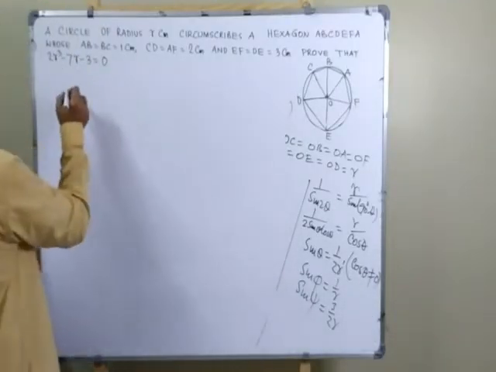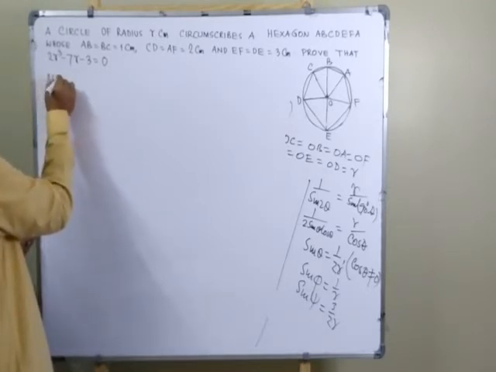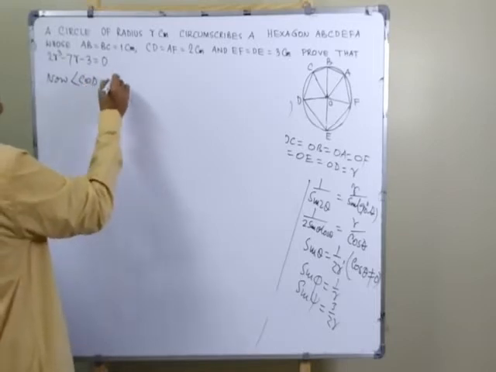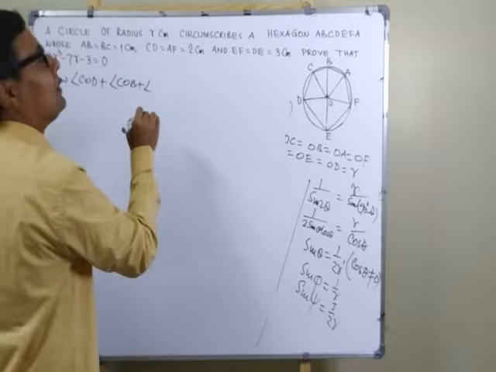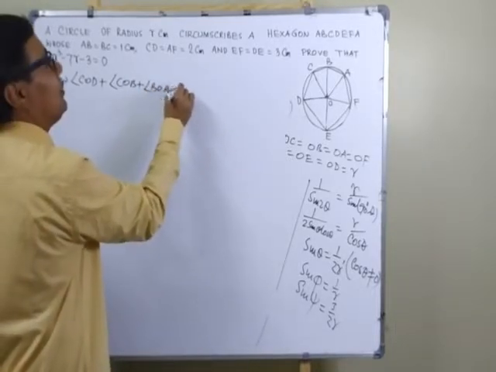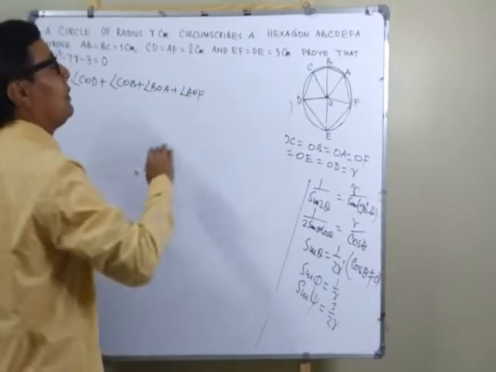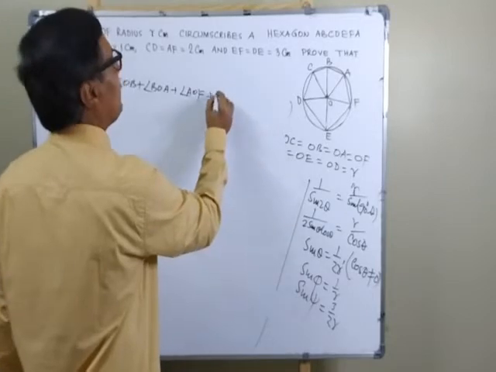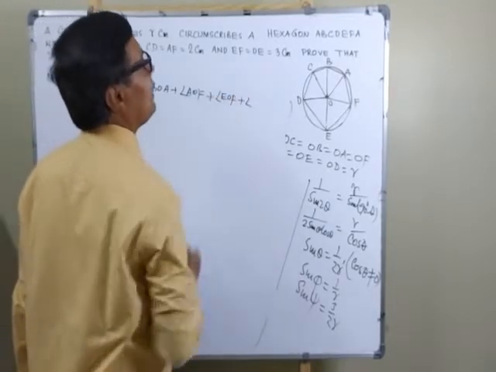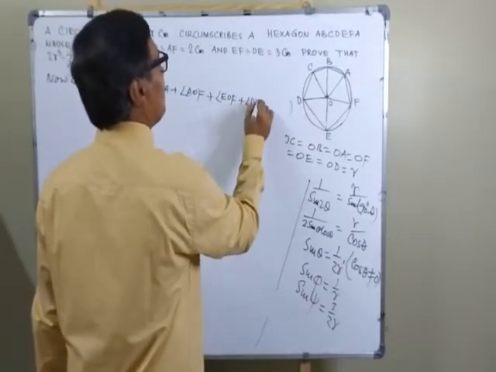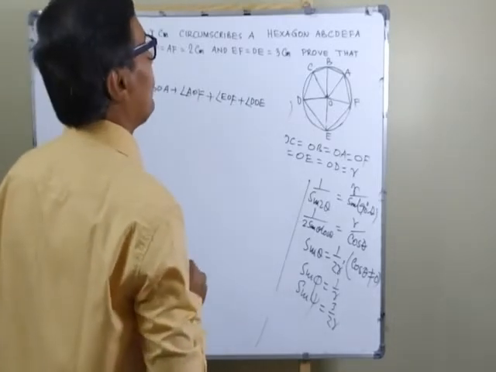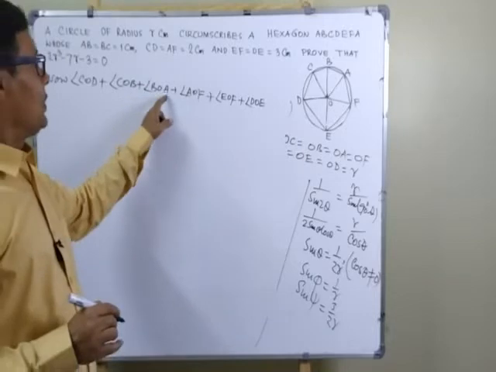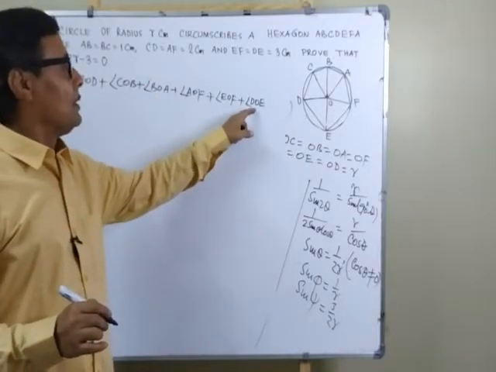Now we can write angle COD plus angle COB plus angle BOA plus angle AOF plus angle EOF plus angle DOE is equal